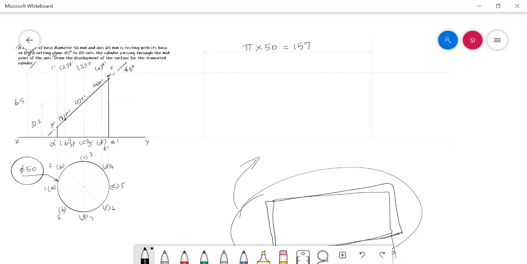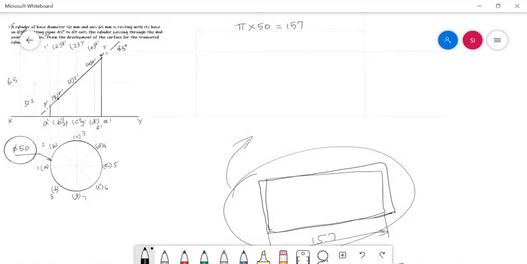And then this 157 mm span can be divided into 8 equal parts